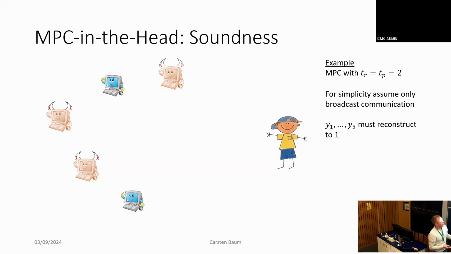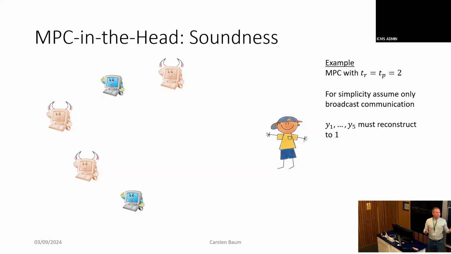And we make another simplifying assumption, which is that the communication is just everybody sends the same thing to everyone. That's also what is going to happen in this KKW protocol later. The security argument gets a bit more complicated if this is not the communication behavior, but we make this assumption. So there are 3 parties that are misbehaving. They are not following the protocol. And the other 2 have been following the protocol.